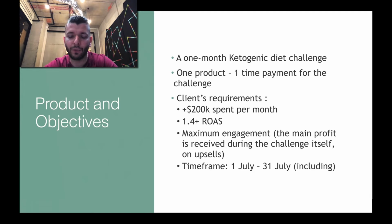With clients, we have a requirement to spend over $200,000 per month with a return on ad spend of 1.4. With an information product, you don't have a lot of overhead, unlike e-commerce where you have cost of goods and other expenses. With information products, it's more streamlined, there's not so much overhead, and it's quite scalable. So 1.4 return on ad spend is quite